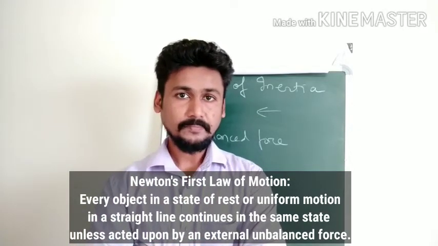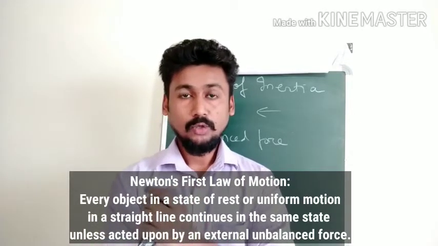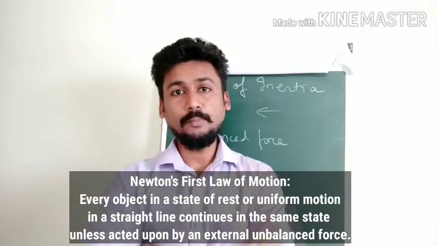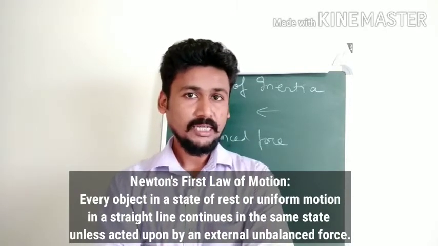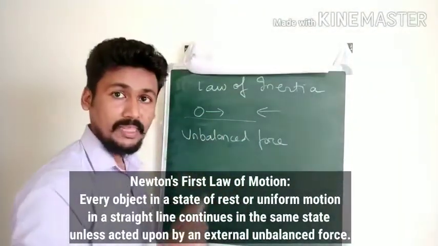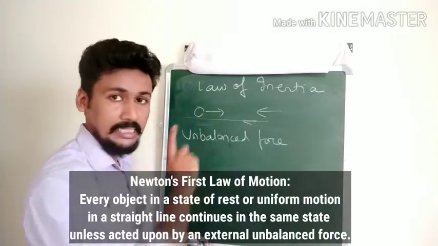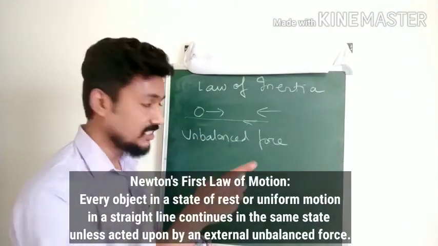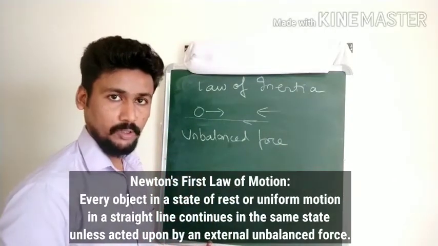Making sense? But then you will ask, we kick the ball, nobody is there to stop it, but still the ball comes to a rest. Can you think of any forces which are trying to stop the ball? Yes, I think you are thinking about it. When a ball is moving on the ground, there is the force of friction between the ball and the ground. So it is the force of friction, which is the unbalanced force, that is actually stopping our ball.